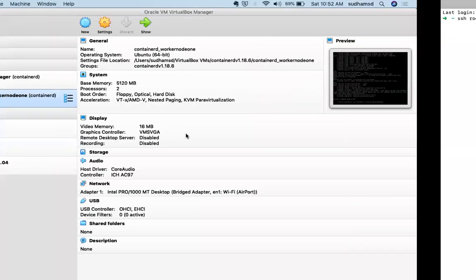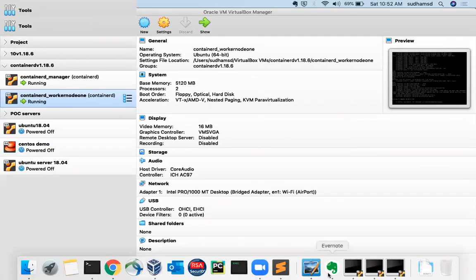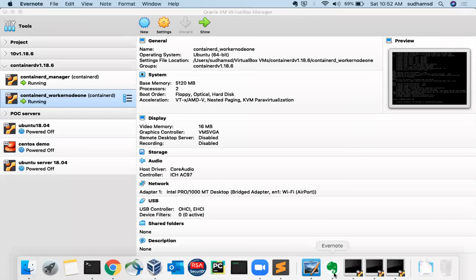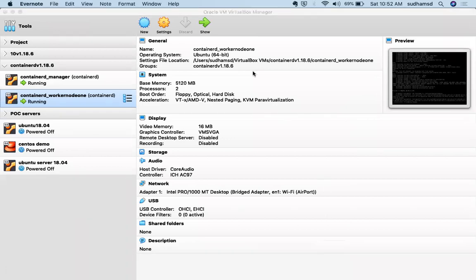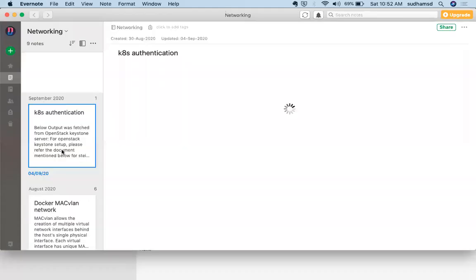Now for this, I created a document, and I'll be sharing it. Each and every command which I executed, I gave the output as well, so that you can use it as a reference. How I did the networking, the Docker overlay networking, same.